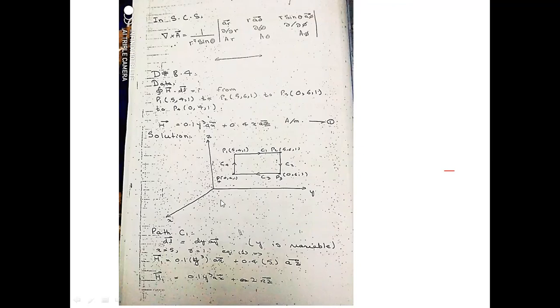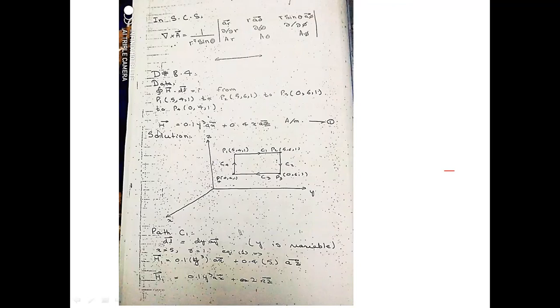You have to keep an eye on these values, which values are changing and which are constant. Those values which are changing, we will call a variable. So in the case of C1, you can see that x is equal to 5, so x is fixed. y is 4 and y is 6, so y is changing, y is a variable. z is equal to 1, which means z is fixed. So in this case x and z are fixed while y is a variable.